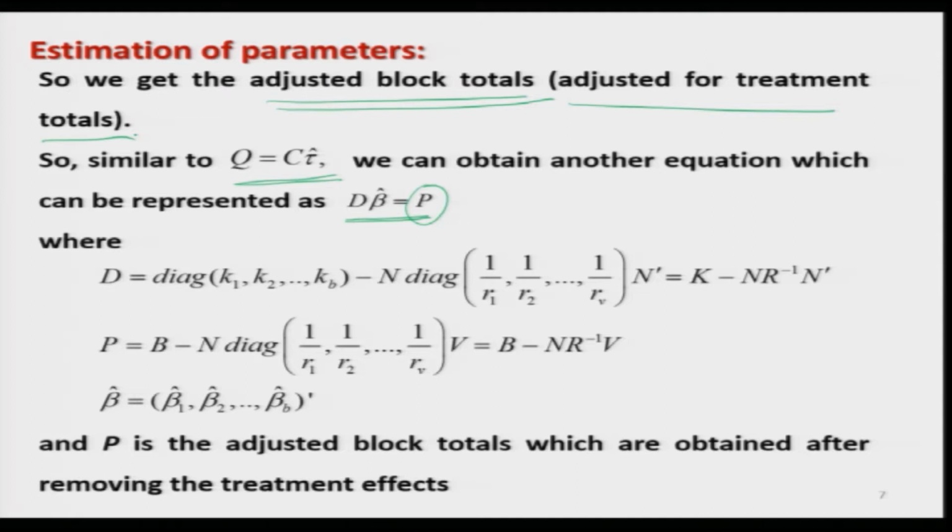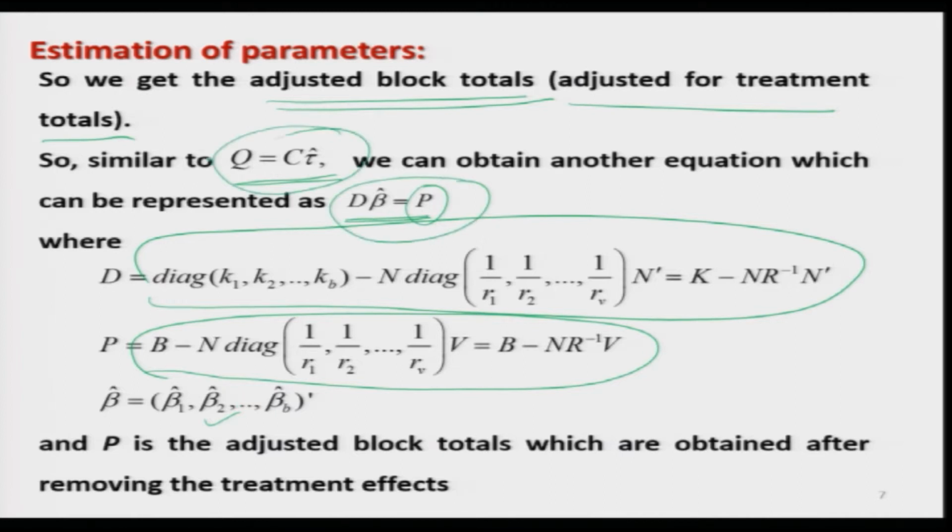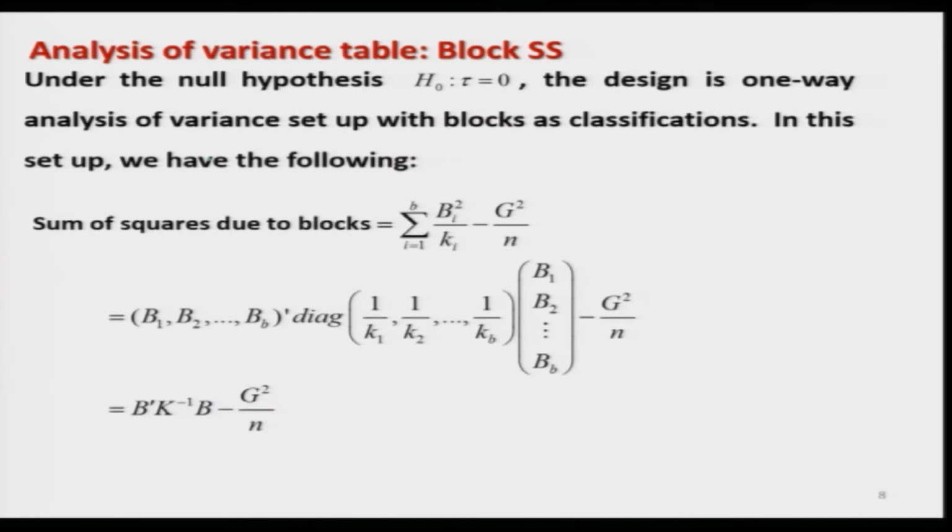And in this case, this D is going to be the same matrix as you had obtained earlier, right, and P is going to be like this, which you obtained earlier, and beta hat is the vector of all the estimators of block effects, beta 1 hat, beta 2 hat, beta b hat, right. So, now you can see, this is another sort of reduced normal equation, just like Q is equal to C tau, right. So, now it is very clear